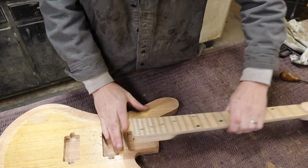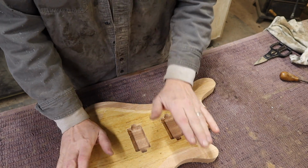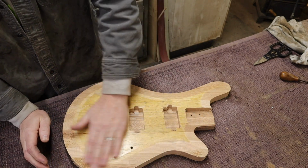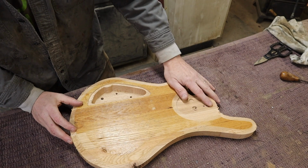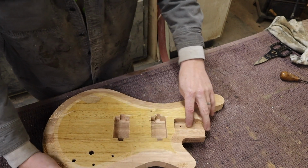There's your body. Now, like I said, this one is going to go up in my store, and so there's a couple things I'll do before I put it there. I'm just going to basically rough sand this down a little bit to about 120 grit. I'm not going to drill any holes in it, and maybe I'll fill these holes in with a little bit of epoxy,